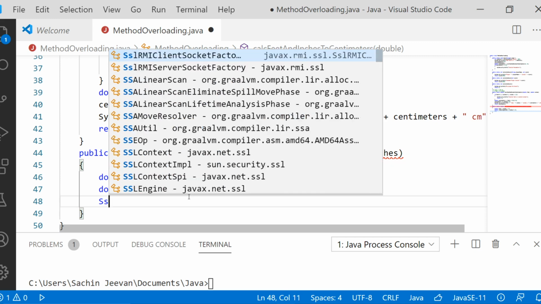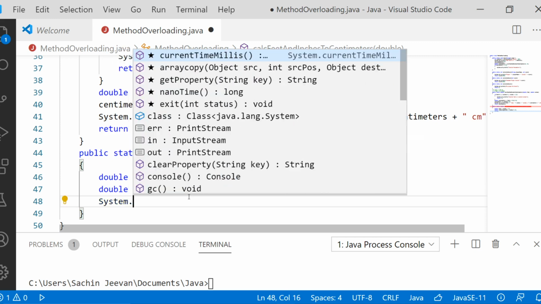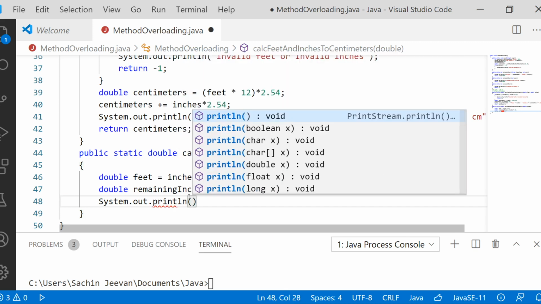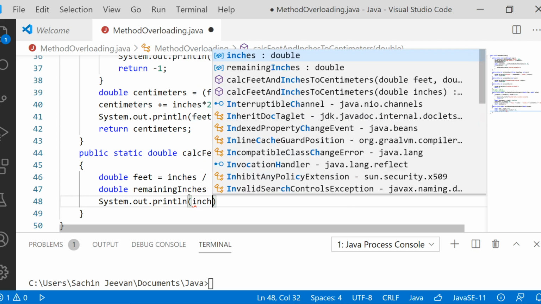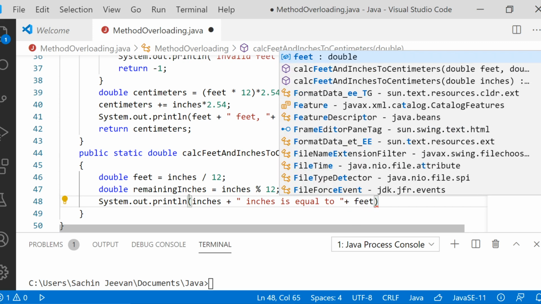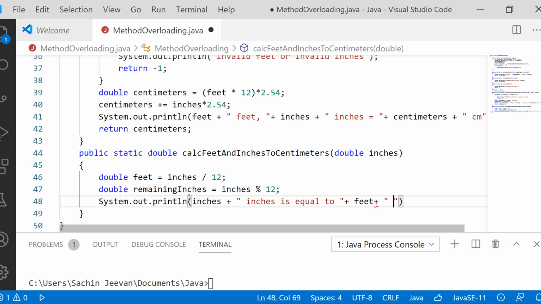We will print System.out.println that this particular inches provided, this amount of inches is equal to this much number of feet